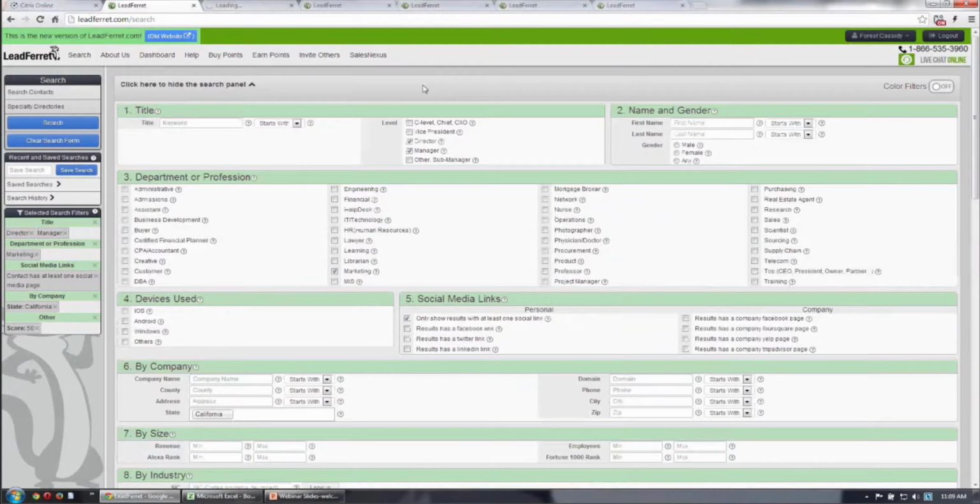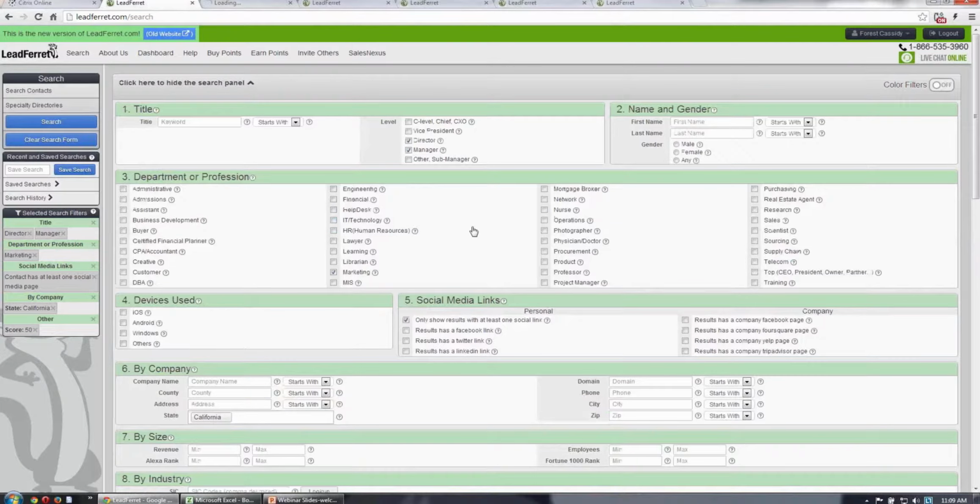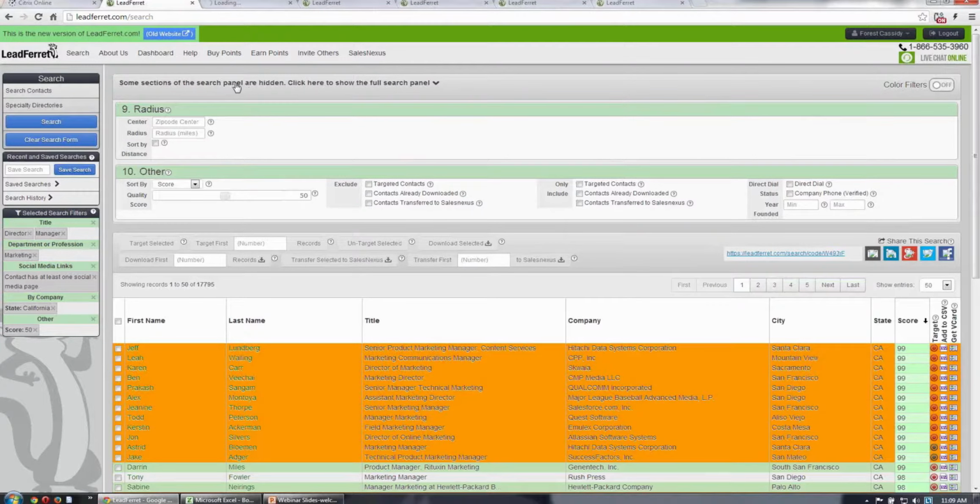For those of you that have been using LeadFerret for a while, I'm sure you've noticed that there's a new look for the site overall. The new search interface is definitely not just a new look, but has a lot of new features as well. So one of the things that we did in large part as a result of overwhelming requests from our clients